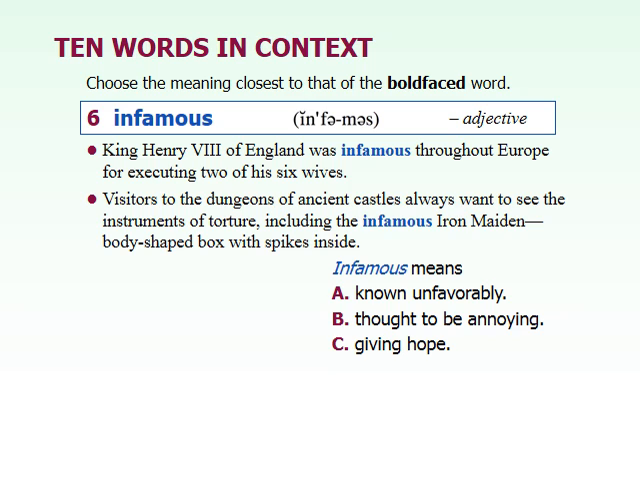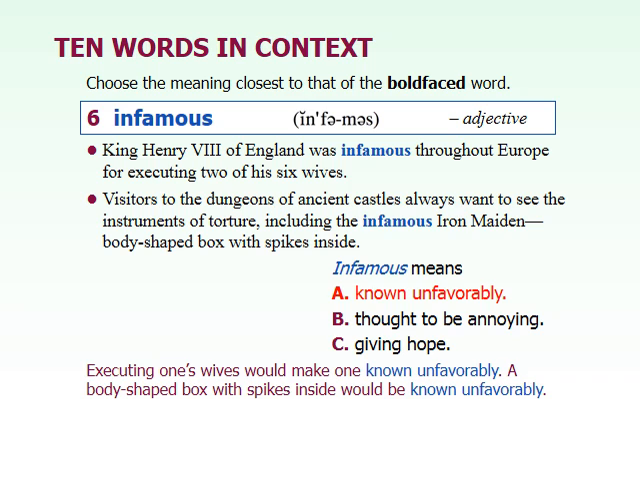Next word here is infamous, and this one is an adjective. Henry VIII of England was infamous throughout Europe for executing 2 of his 6 wives. Visitors to the dungeons of ancient castles always want to see the instruments of torture, including the infamous Iron Maiden, a body-shaped box with spikes inside. So what infamous means is known